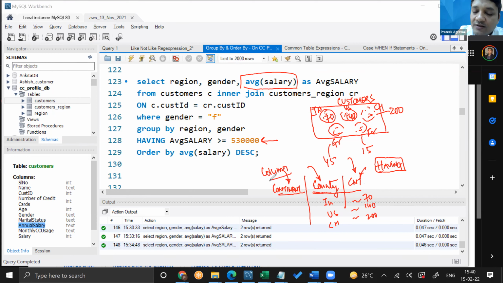So what we are saying is that this condition is applied to this column and not to a summary of a column, not to one of the calculated fields, or to something which is calculated using one of the group functions. And Asia means we do not want to see US, right? So we apply where before the data is grouped.